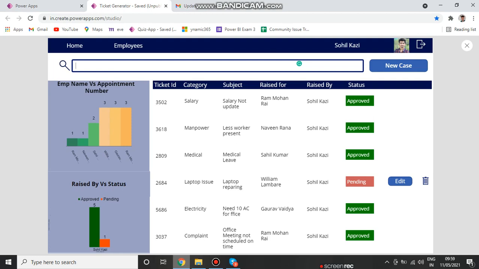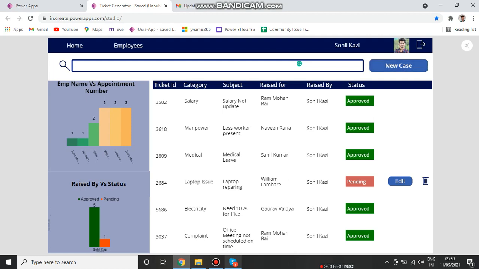And this is the new case when they raise a complaint. This is the issue raised by any of the sample users, like we have 3 sample users, and any sample user follows the same procedure when they raise an issue. Whatever data he raised, all the data will show on that particular sample user's profile. And this is the appointment number and this is the status. So these are the processes to operate my application.